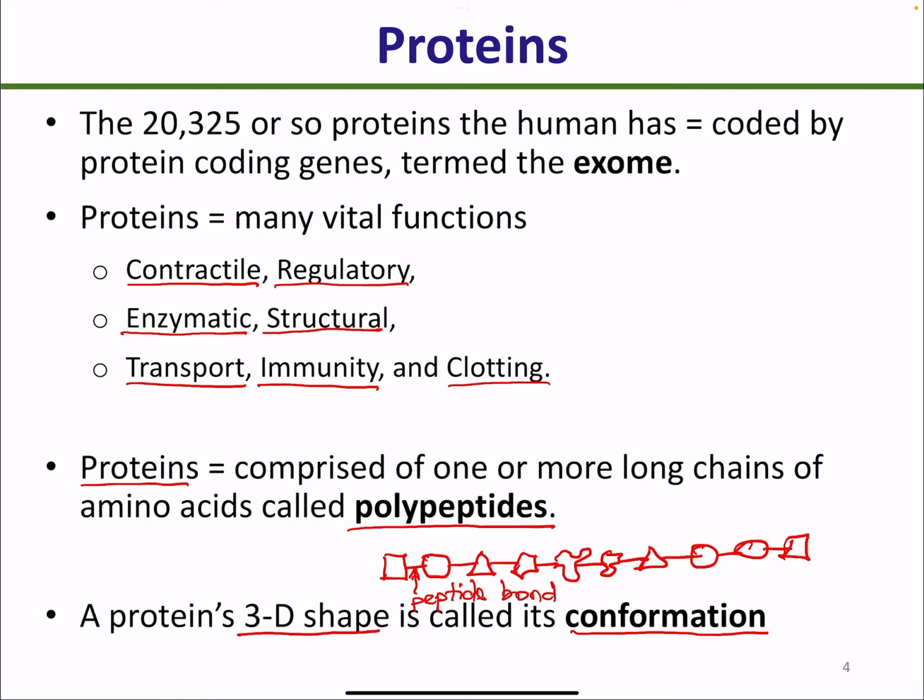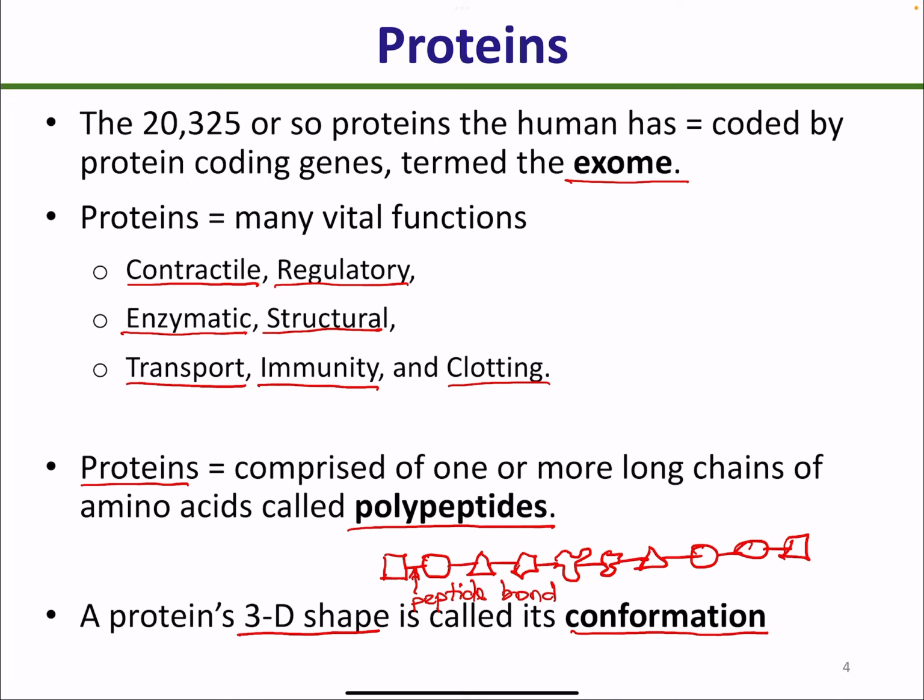Now, all the proteins that exist in your body represent a number of segments of DNA that translate into protein. All the segments of DNA that translate into protein altogether, we call that the exome. So these are all the encoding parts of your genome that translate into proteins, right? We have about 20,000 plus